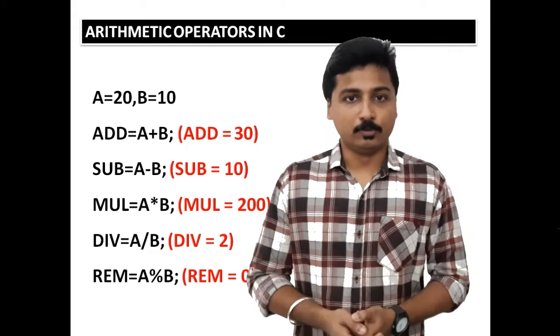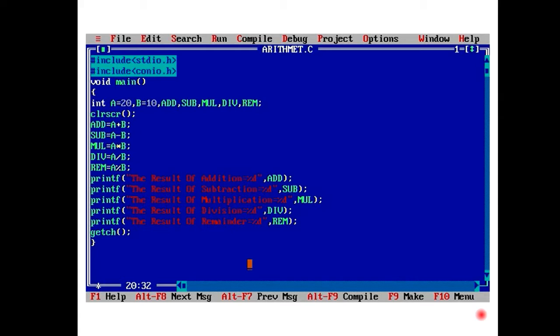Now we can implement the program. This is a program that shows how arithmetic operators are used in the programming language C. In this program, first of all, we are including two important libraries, that is stdio.h and conio.h, because we have used a lot of built-in functions in this program like printf, getch, etc. After that, we are moving on to the user-defined function named main. Since this function is not returning any value, we have written void in front of main. Void stands for not returning any value.